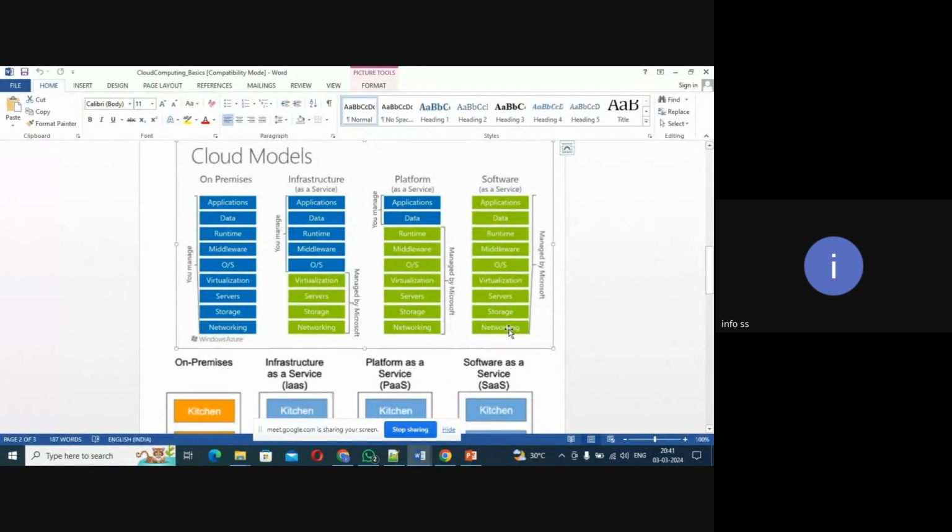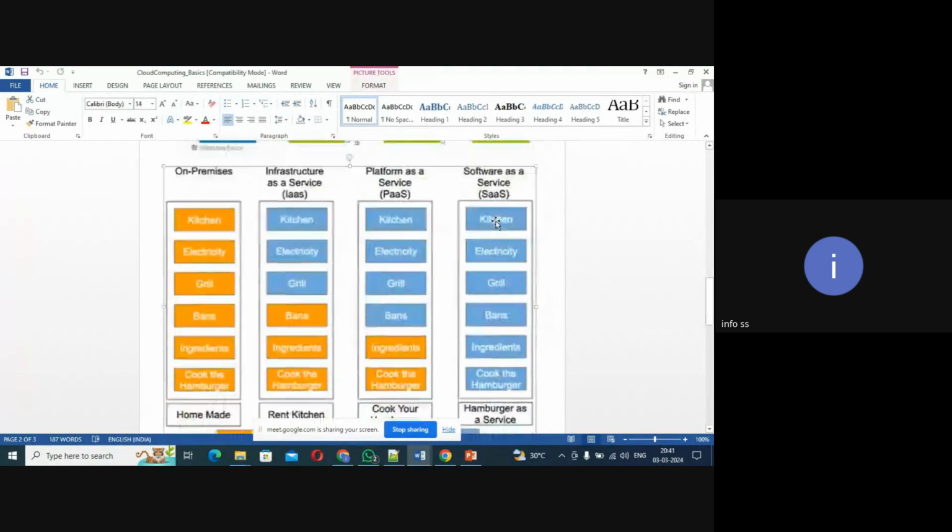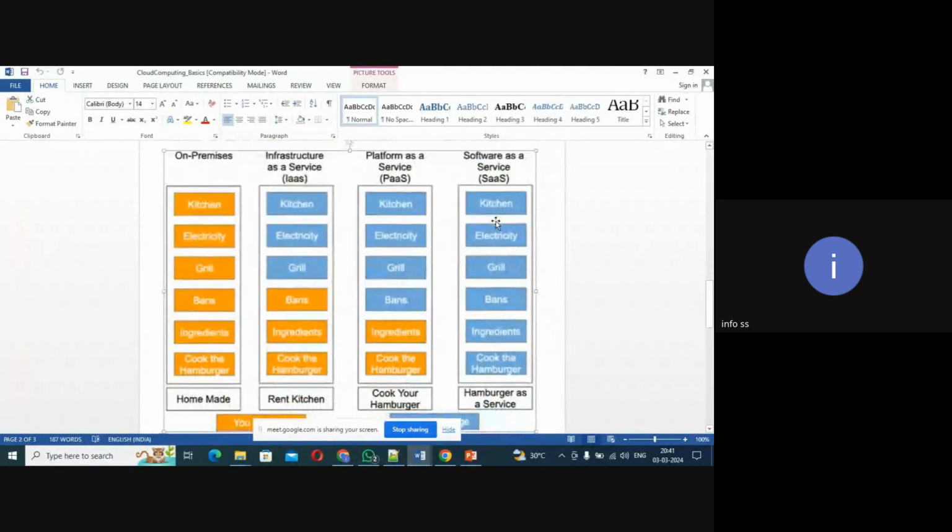Okay, if it is software as a service, the majority of the things the cloud provider itself will manage, including partitioning the data, index maintenance, everything. Here, if it is software as a service, take another example, for example, you want a